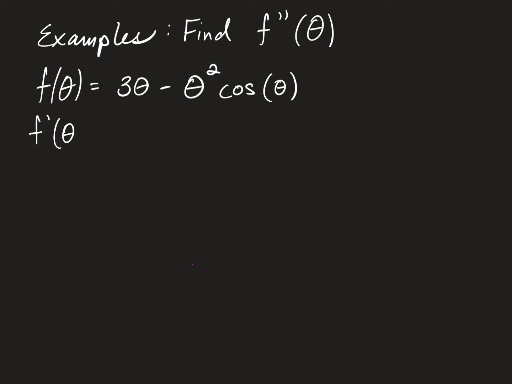So f prime of theta is 3 minus, so I'm going to have two functions here. There's one, here's another. And the way I do this is I use the product rule, and I'm going to take the derivative of the first, which would be 2 in purple, there we go, 2 theta. The derivative of the first times the second